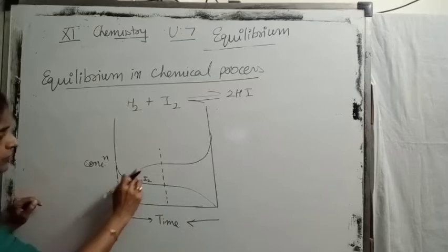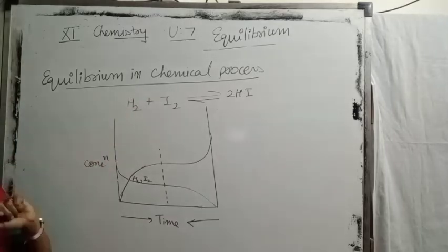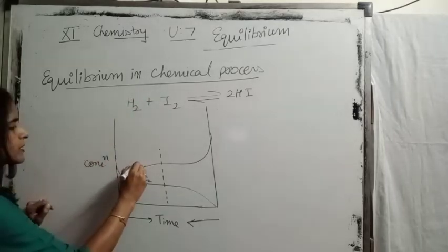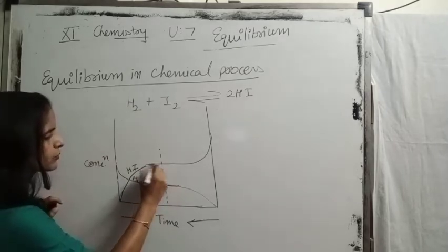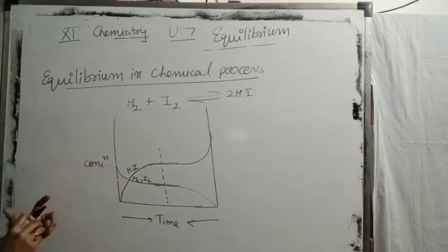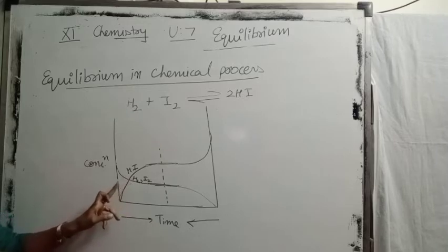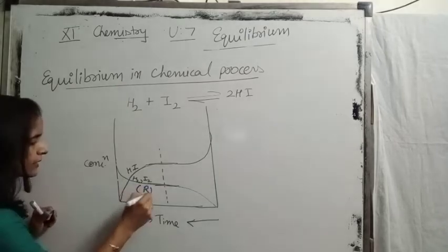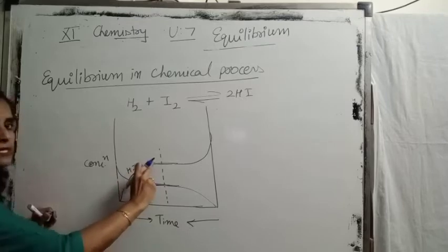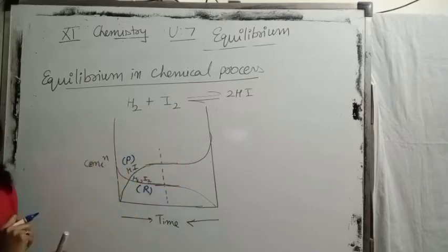But this portion is the increase in concentration, and we know the concentration of product increases by the passing of time. So this part shows HI. Here is the equilibrium stage where the concentrations of reactants and products become constant. So here we are attaining this equilibrium from the forward direction, that is by reaction of hydrogen and iodine. Because here hydrogen and iodine work as reactants due to decrease in concentration, and HI as a product due to increase in concentration. Now just take this graph.